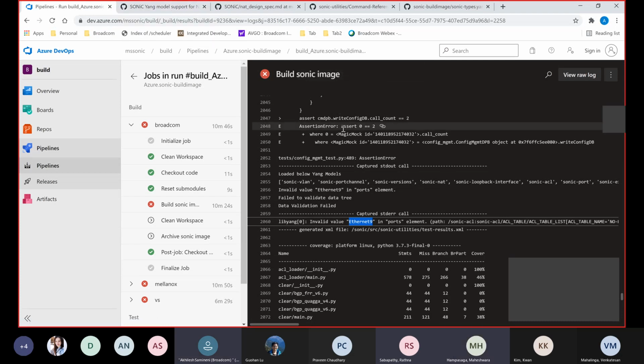Okay. So Akhilesh, in your test, you are not using either ACLs or anything Ethernet 9, right? No, the JSON doesn't have that. And the Sonic utility, which we are building here, it just depends on the commit, right? Which is there in the super repo. It's in the build image repo, right? Correct.